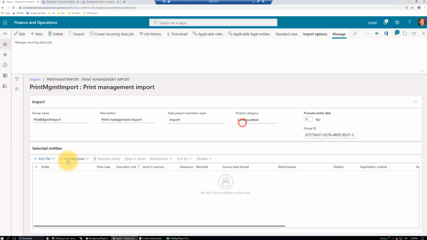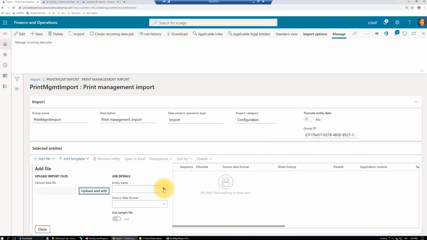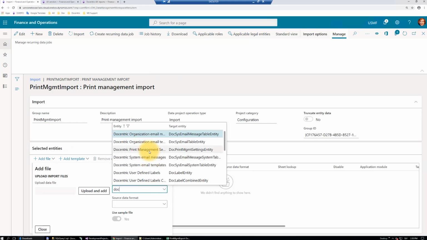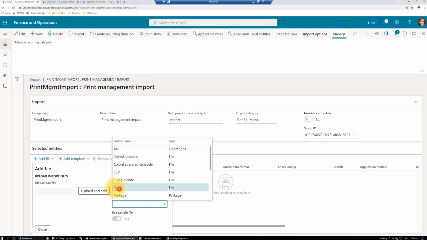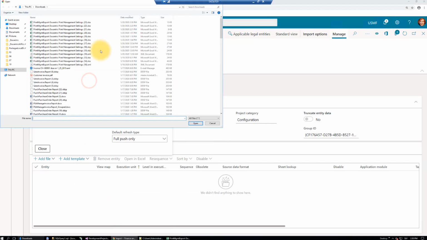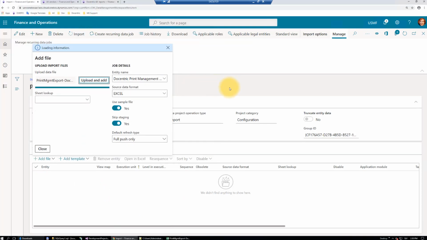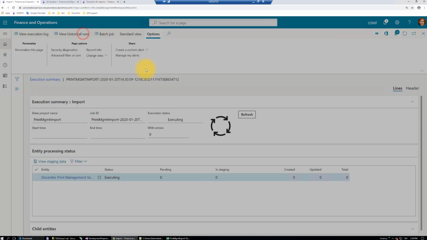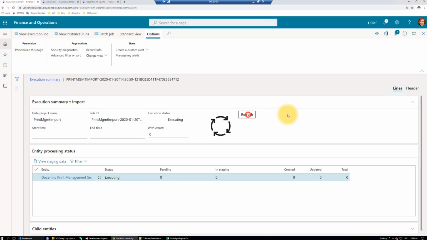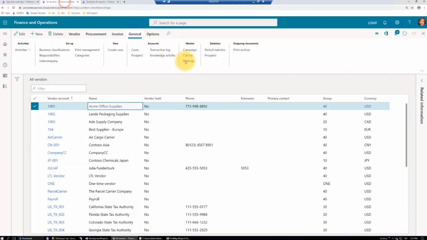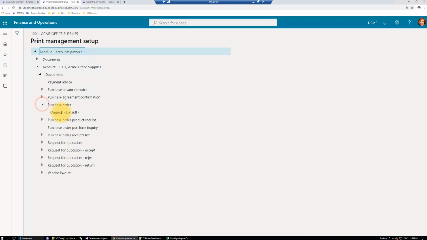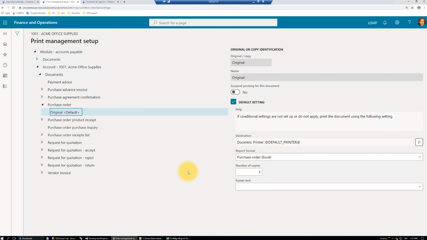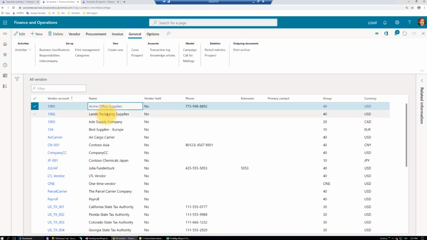Remove this entry, add new. And import. So now we expect to have this Excel format applied to the first vendor. Let's check. I mean, it should be unmodified and it's correct, but now we expect the same report format on the next two